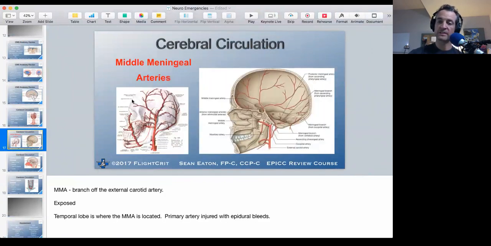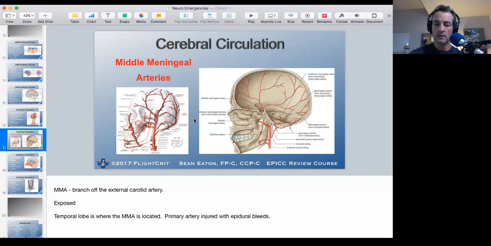Of course, the one that they like to throw in there for your epidural bleeds is your middle meningeal artery. This is the primary artery that's responsible for those rapid declines, that cause epidural bleeds. And the primary reason for that is it's very exposed. Let's take a look at this. It's right here in the temporal region, and